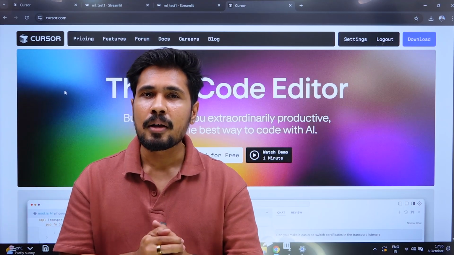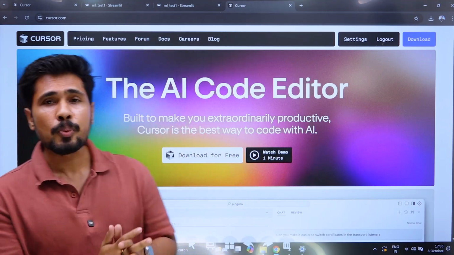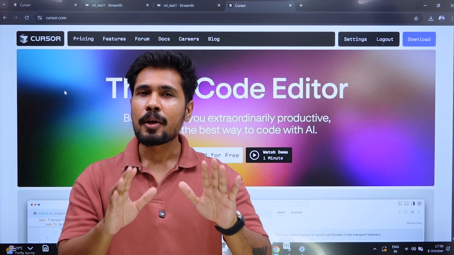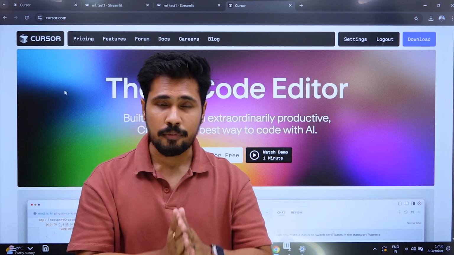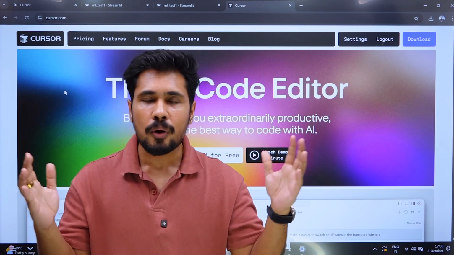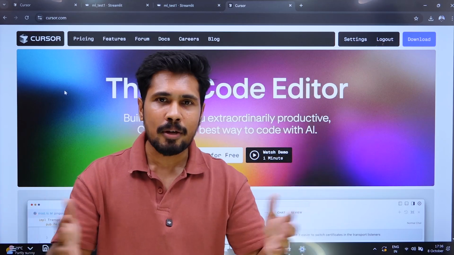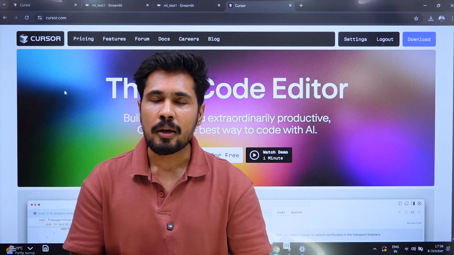I hope you got some idea about how this AI code editor is working. So with very minimal coding, you're able to build a lot of stuff. You can work on coding challenges. You can work on ML. You can do a lot. You can build web dev, all this kind of stuff. So give it a try on this,